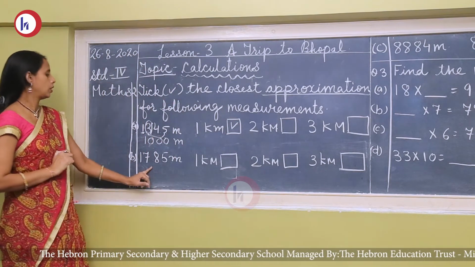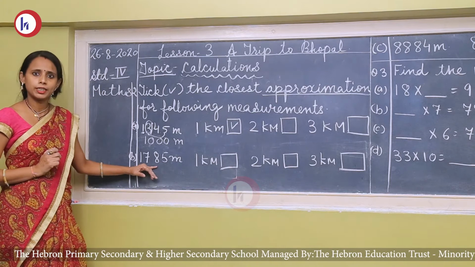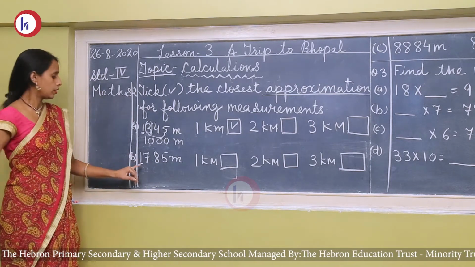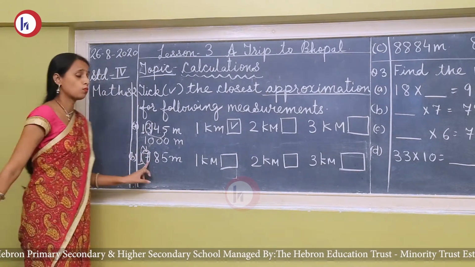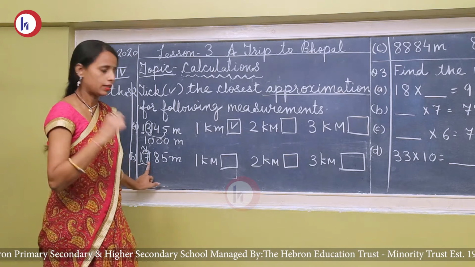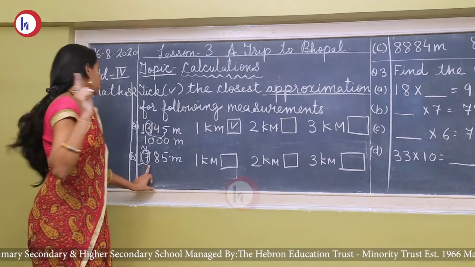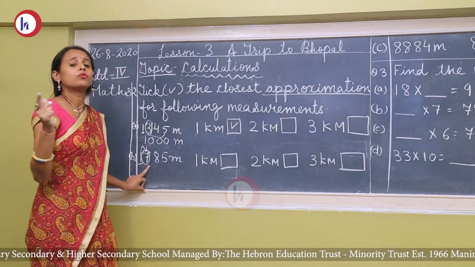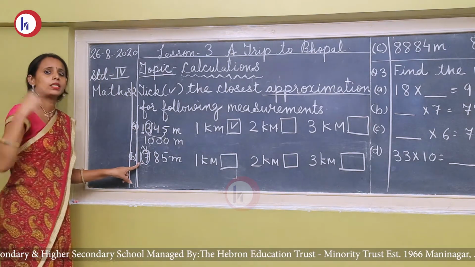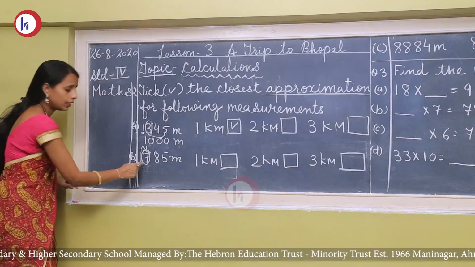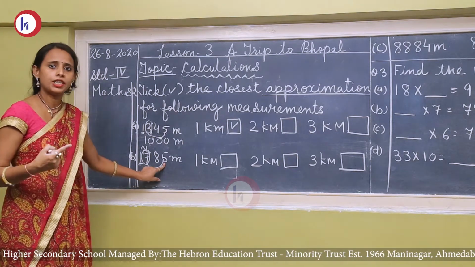Okay, clear? Now see the next, 1785. Here also there are 4 digits. But see the first digit, it is 1. Now see the next one, it is 7. Is it more than 5 or less than 5? Yes, it is more than 5. यानी कि 5 से ज़्यादा है. So when जब digit 5 से ज़्यादा हो, then what rules will be followed? This digit यानी कि ये 1 जो है वो 1 नंबर से increase हो जाएगा. So 1 plus 1 it will be 2 and after that 3 digits will be changed to 0.